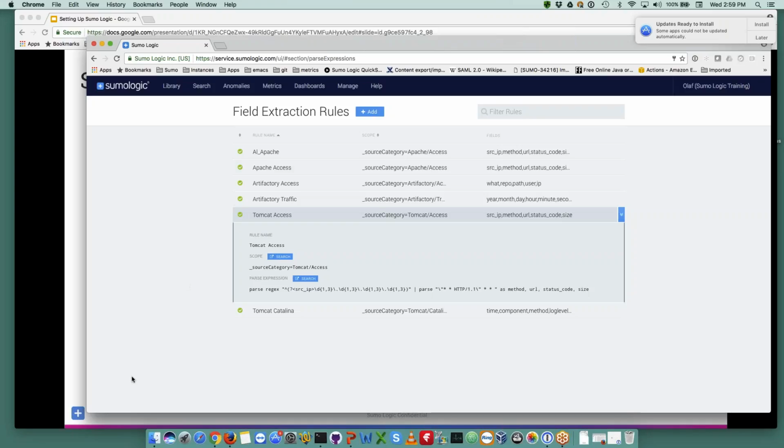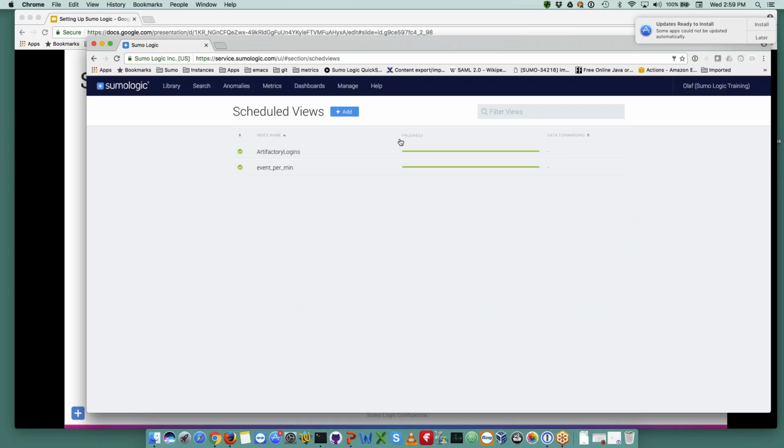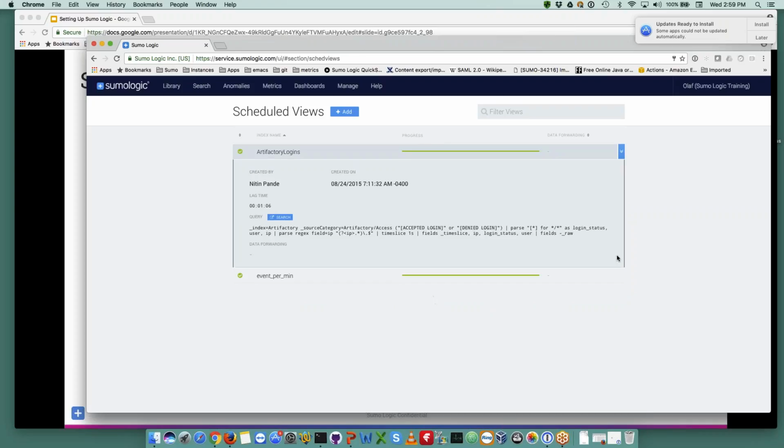Or even if it's 2 or 3%. You can view the views that you have here. So here's an example where we have artifactory logins, right? Basically we're picking out certain messages from the artifactory logs and writing them into this view. This is similar to the use case I just had, right? Instead of having to look through large amounts of artifactory data to find the logins for the past 3 months,